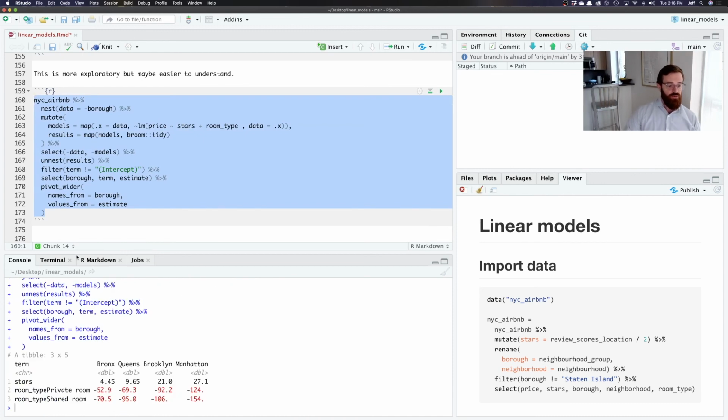All right, so what I'm looking at here is, what is the effect of stars in Bronx, Queens, Brooklyn, Manhattan? What is the effect of room type in each of these? Going from an entire apartment to a private room will save you about $50 in the Bronx, and it'll save you about $120 in Manhattan. Going from an entire apartment to a shared room saves you about $90 in Queens and